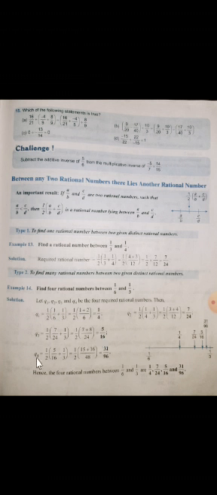Then we have to find out the fourth rational number. To find out the fourth rational number, again you have to take this number and the last number. So in this way you can find out 3, 4, 5 limited numbers of rational numbers in between the two rational numbers. I hope it's clear. If you have any doubt, you can ask me.